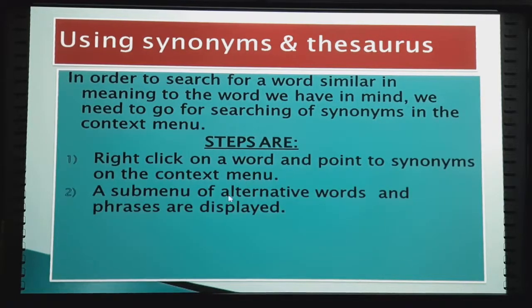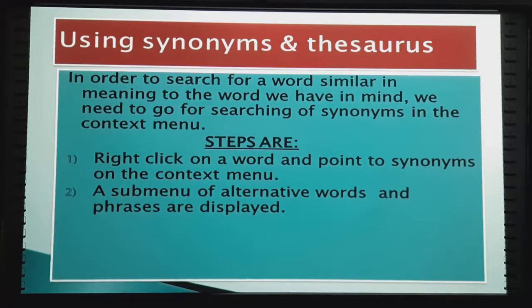A submenu of alternative words and phrases is displayed. Once we click on that synonyms option, a submenu will appear. Means from the context menu, another submenu will come up in front of us, displaying certain words which act as an alternative, a replacement for that particular word or phrase.